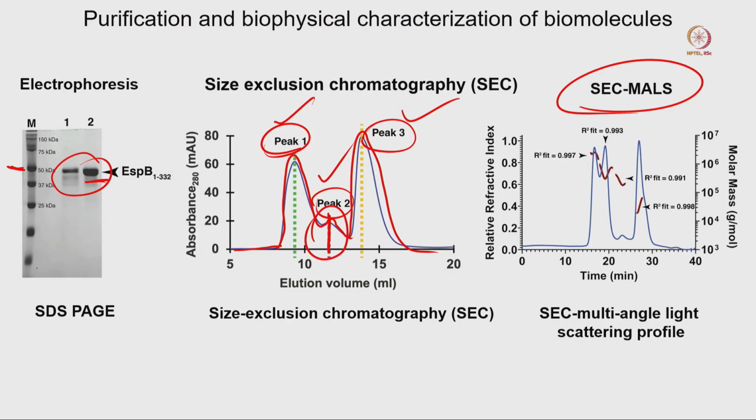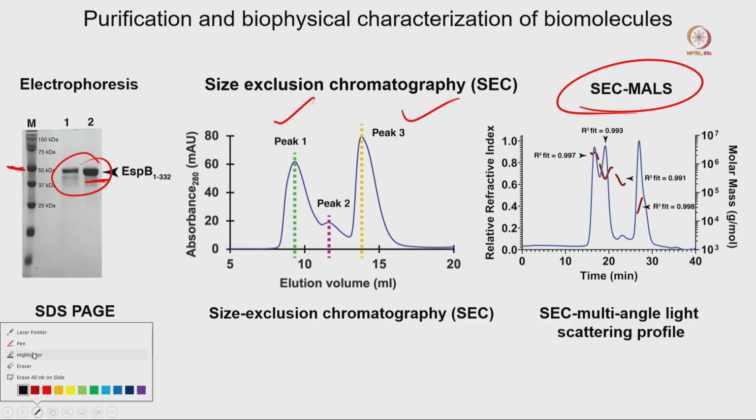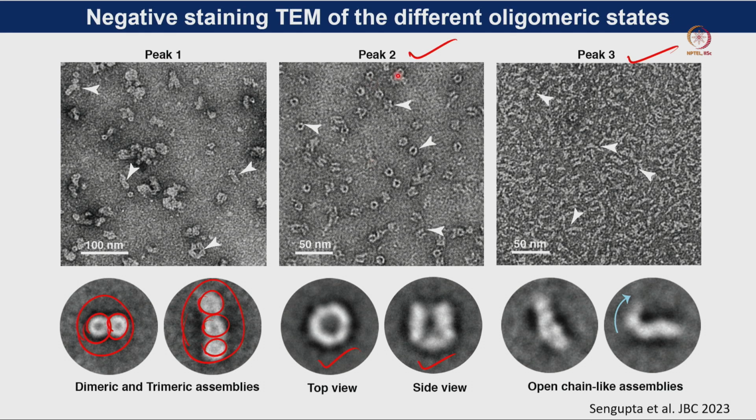If we just go back here, you can see that based on our SEC profile, this peak is giving some kind of higher order oligomer. This peak is giving a higher order oligomer, this peak is giving the actual oligomer, and this is basically the monomer, which is not forming any kind of oligomer. So you can see this by negative staining also. Here you can see some higher order assembly, here you can see only oligomeric structure, and here you can see some kind of